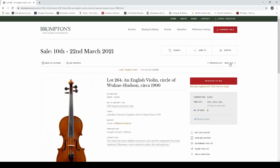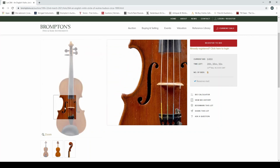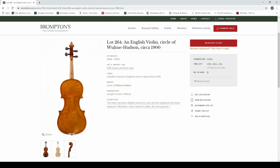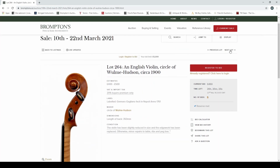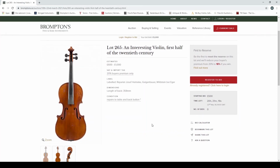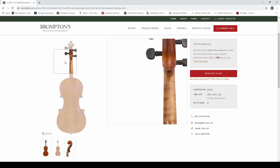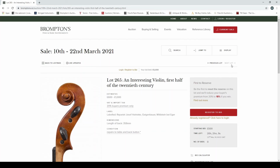There's a lot of items in this auction. An English violin, Circle of Fulham Hudson, circa 1900. Five bids on that. Gagliano label. Violin has been slightly reduced in size and edgework has been replaced. Otherwise, minor repairs to table and peg box. Okay, interesting. How curious. An interesting violin, first half of the 20th century. Zero bids. With a repair label. Okay. Oh, that's it. Yep, we're on to